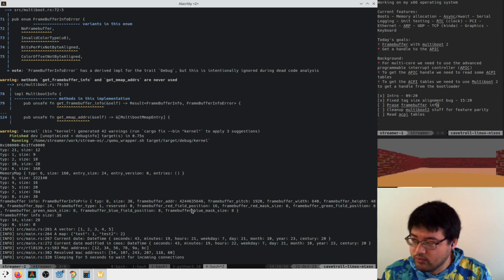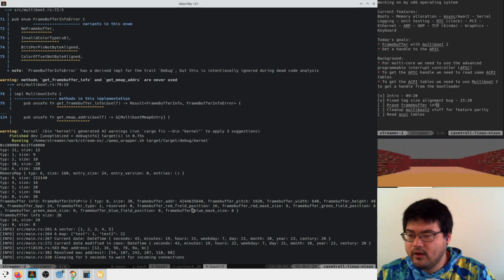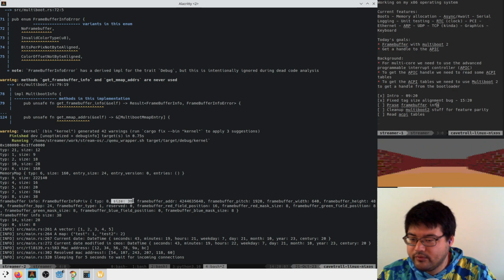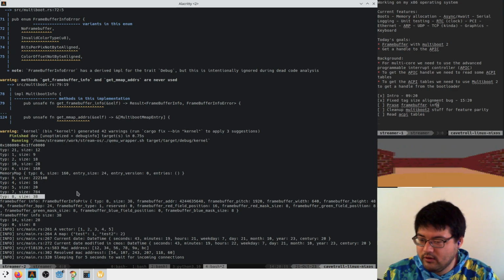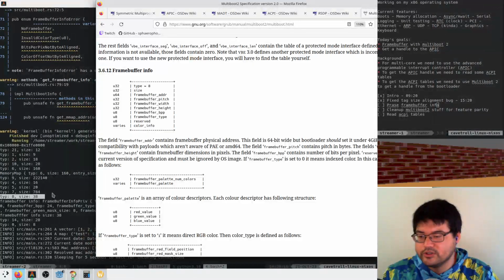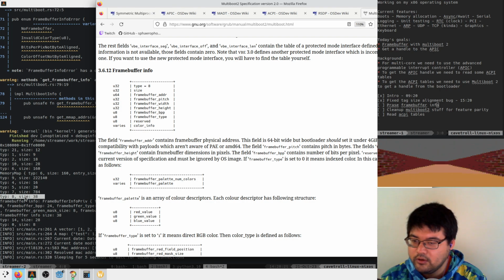That's what we've determined is correct in the multiboot 1 version of this. And our size is 38, which matches what the header of our thing says. So I don't understand. Something here is just wrong.